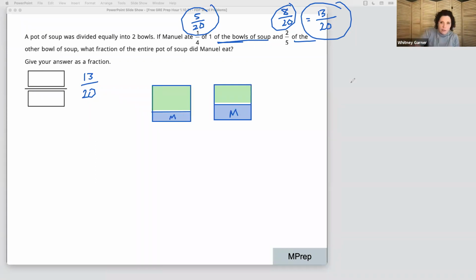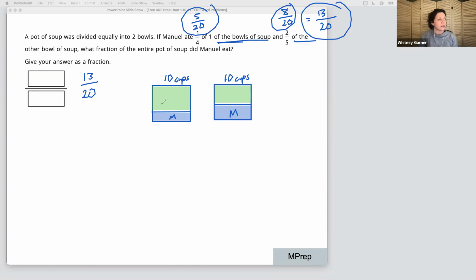What I want to be very careful of in the world of percents and fractions and decimals is that I've got to think about what I'm taking a percent of, what I'm taking a fraction or a proportion of. Right? I have an entire pot of soup broken into 2 pieces. Let's imagine for a moment that the entire pot of soup is 20 cups. This is a big bowl of soup. So if I've got 10 cups over here, and I've got 10 cups of soup over here,